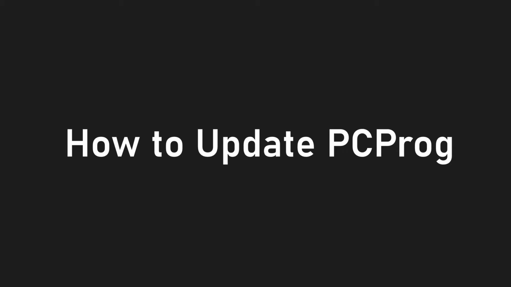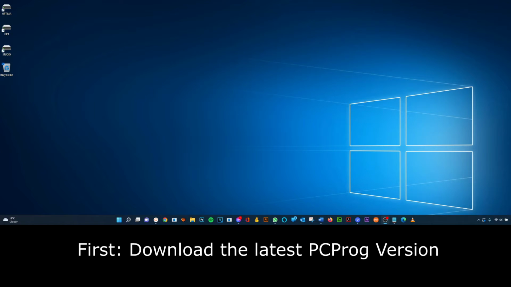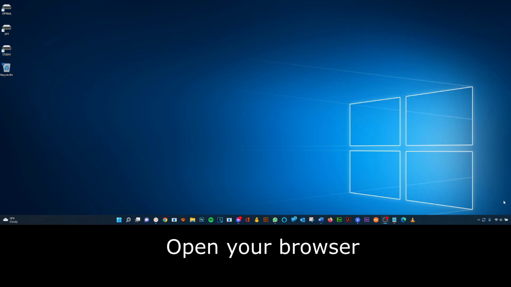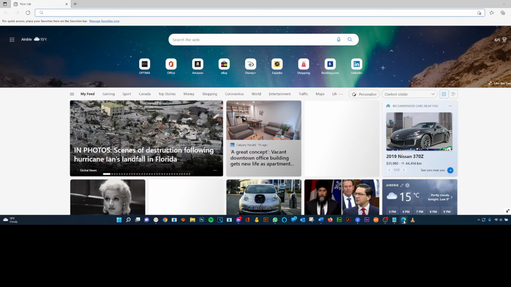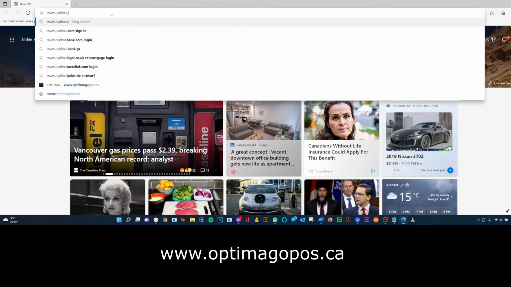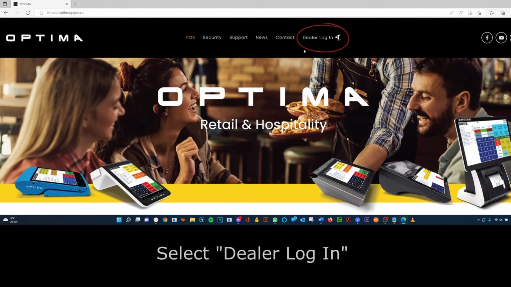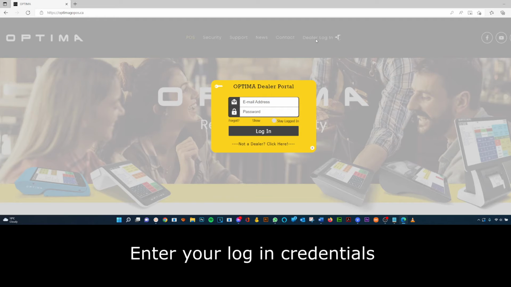Okay, welcome back. Now I'm going to show you how to update the PCProg software. Now, just as we did before when we downloaded the original PCProg software, we're going to go back to the official Optima website to download the newest update. So on your computer or laptop, open your browser and visit Optima's official website here at www.optimagopos.ca. Then at the top here on the main menu, select Dealer Login right over here and enter your login